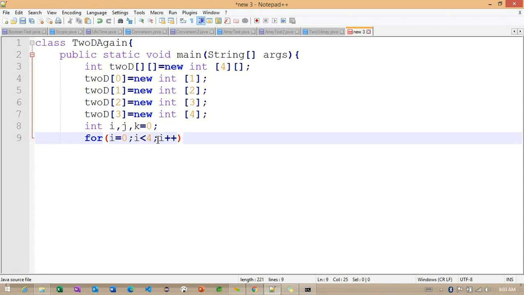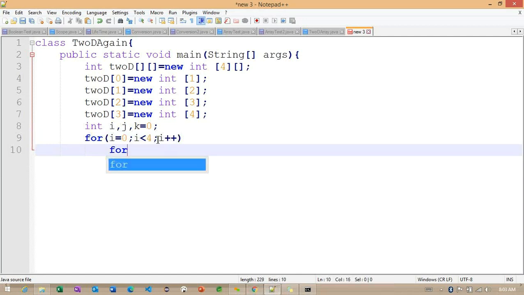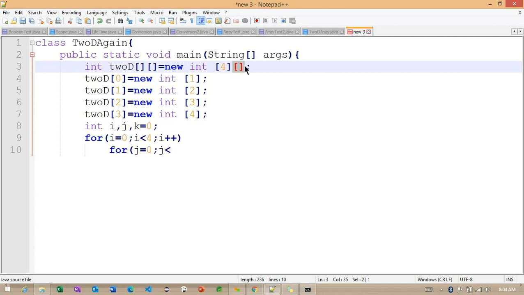After this, what I am doing here is important. The second loop is very important. Here I am making j equals 0. That is fine, but here I want to make the condition: j less than what? Getting this point? Previously we had the column level array, and we defined the column level array. But now you can see we don't have the size here for the column level array.